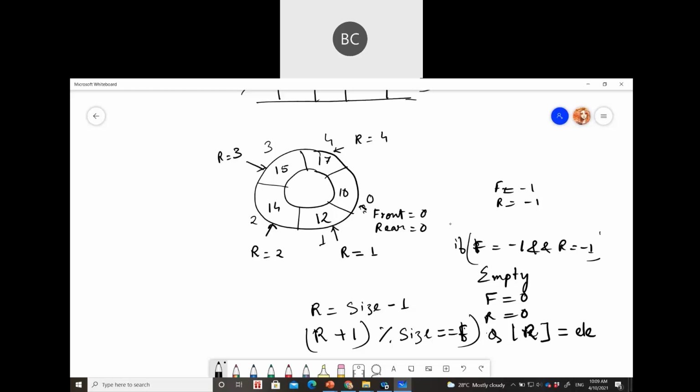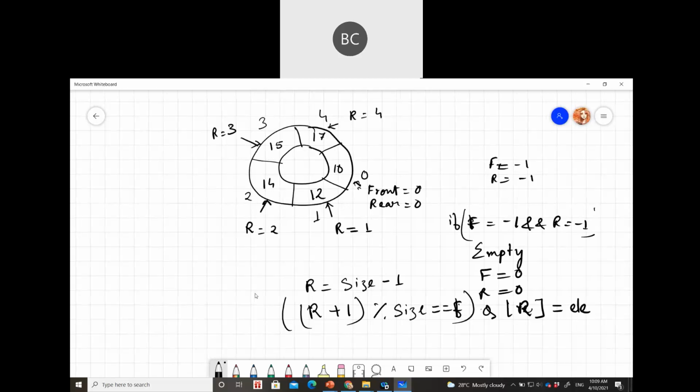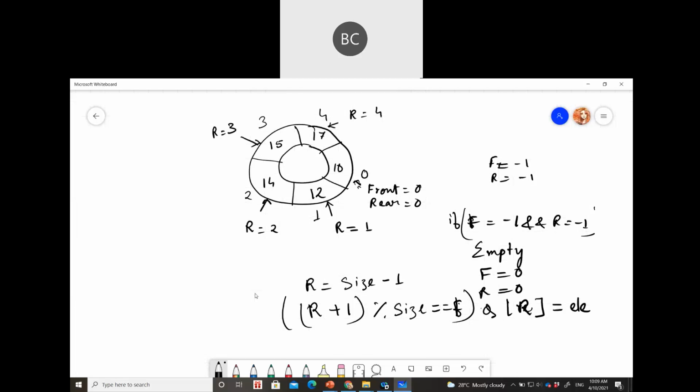This is another way to check the overflow condition. Say front is at 0 and rear is equal to 4. What will be the value? (4 + 1) divided by size, the remainder is 0.